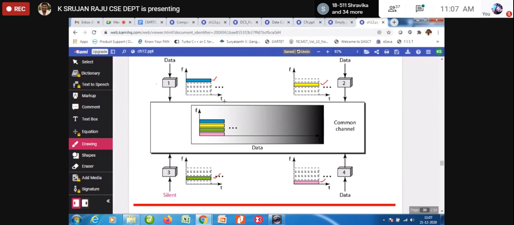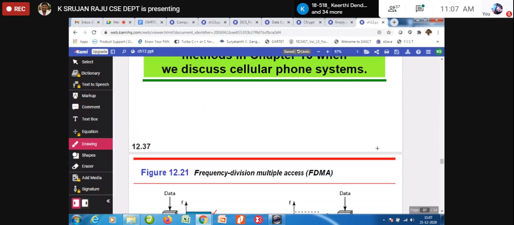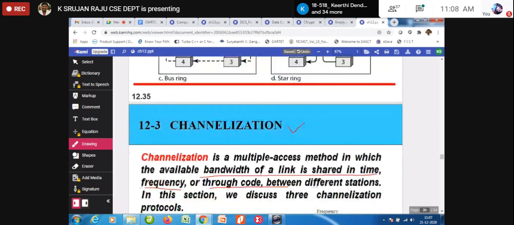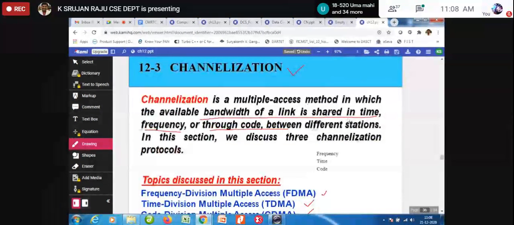Now in a particular time t, if four nodes are there, we divide t by 4, as I just told you. We are going to share in time, frequency, or code.